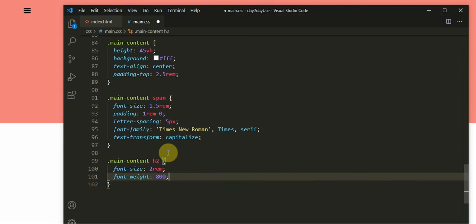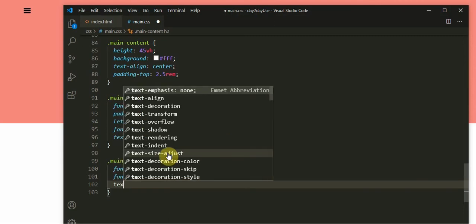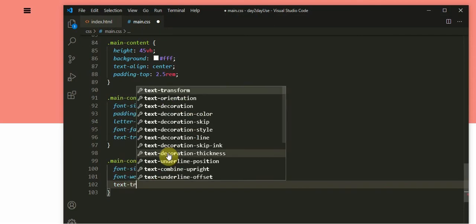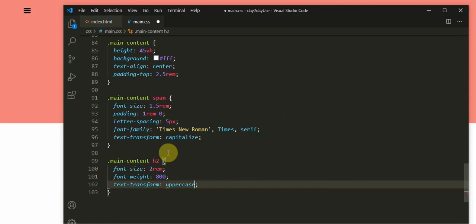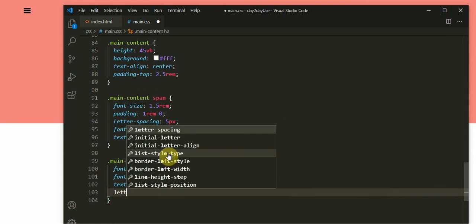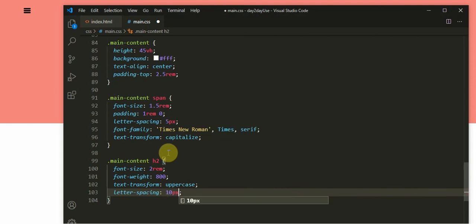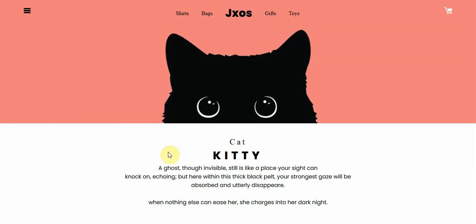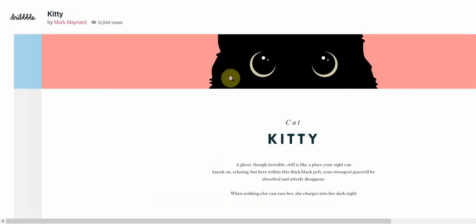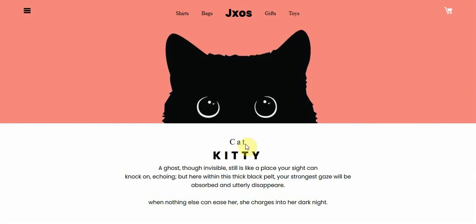Remember, we transform into uppercase and letter spacing. 10 pixels will do fine. If I save, this is what I have. This kitty and this kitty, they almost look alike now. Almost. Okay. It's so close in space up. All right,